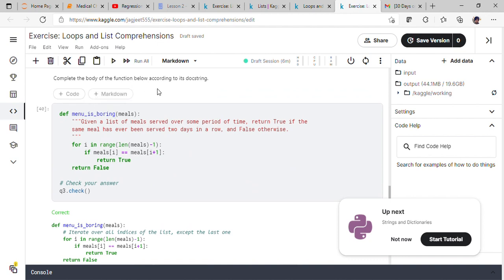Complete a function below according to this docstring. Given a list of meals served over some period of time, return true if the same meal has been served two days in a row. If a meal is served two days in a row, we return true, else we will return false. So we have to run a loop for i in range